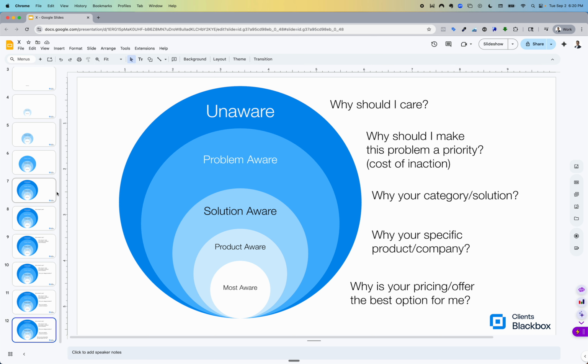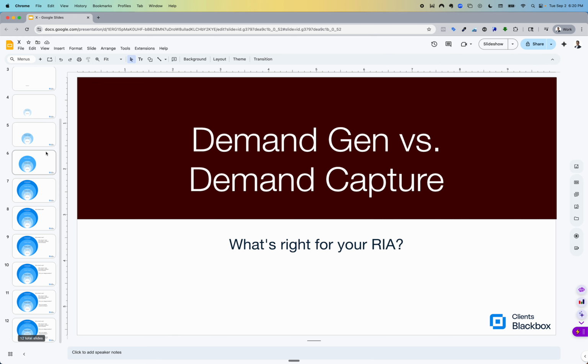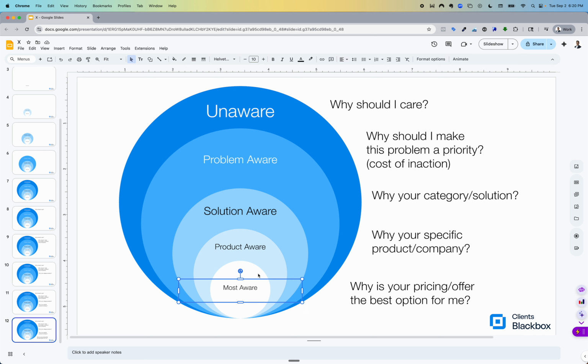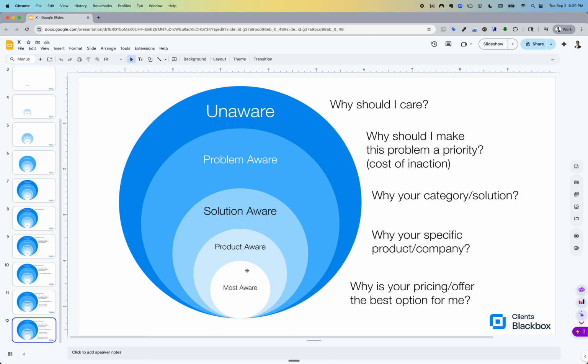So this was just a short video to explain, again, demand generation versus demand capture. And just to wrap it up, demand capture is this little white bubble right here, the most aware. You're getting the most aware people to capture that demand, to get them to choose you over other people. Versus here in the blue bubble, which is the biggest part, you're going to be doing demand generation, which is, hey, how do I get somebody who is not even in this category to be interested in this category? For example, and I'll wrap up here soon.